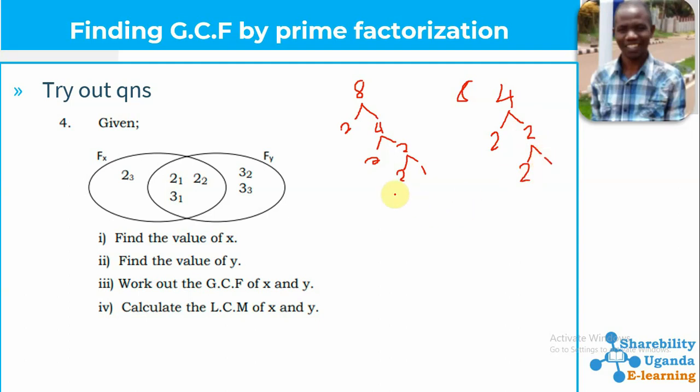We get a 1. So this simply means that if they want you to find out the prime factors of 8, we shall be able to pick out our 2. And this 2 of ours appears one time, second time, third time. Also here it appears once. It also appears for the second time. So to put this in a set notation, we shall now be able to say that the prime factors of 8 are going to be equal to